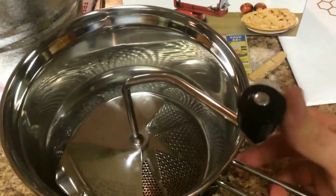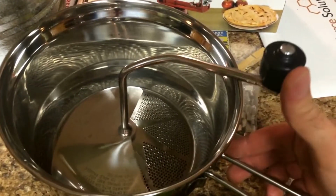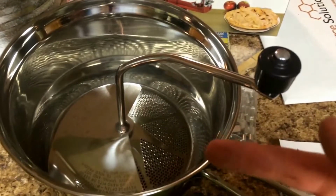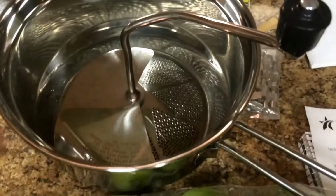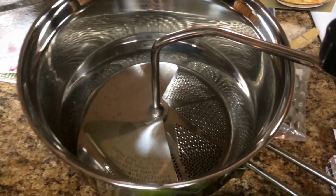Let me tell you guys, I spent a lot of hours as a kid cranking on this thing for Mom. We'd bring in buckets and buckets of tomatoes out of the garden, and Mom would wash them, cut the bad spots, steam them, and we just kept a hot pot full of steamed tomatoes ready to go. We'd dump them in here, just crank and crank and crank, and make tomato paste, tomato juice, whatever. But we also did make some homemade applesauce, and that's what I'm going to be working on